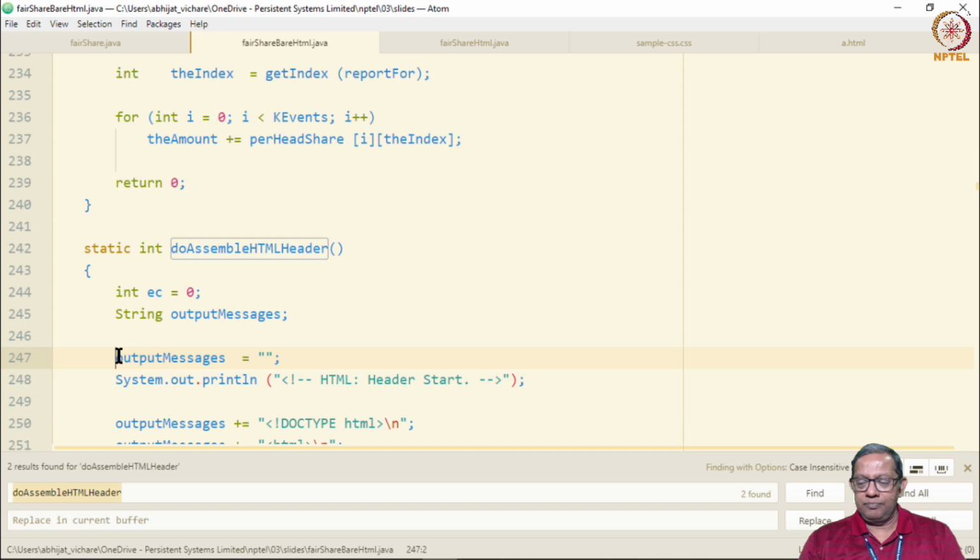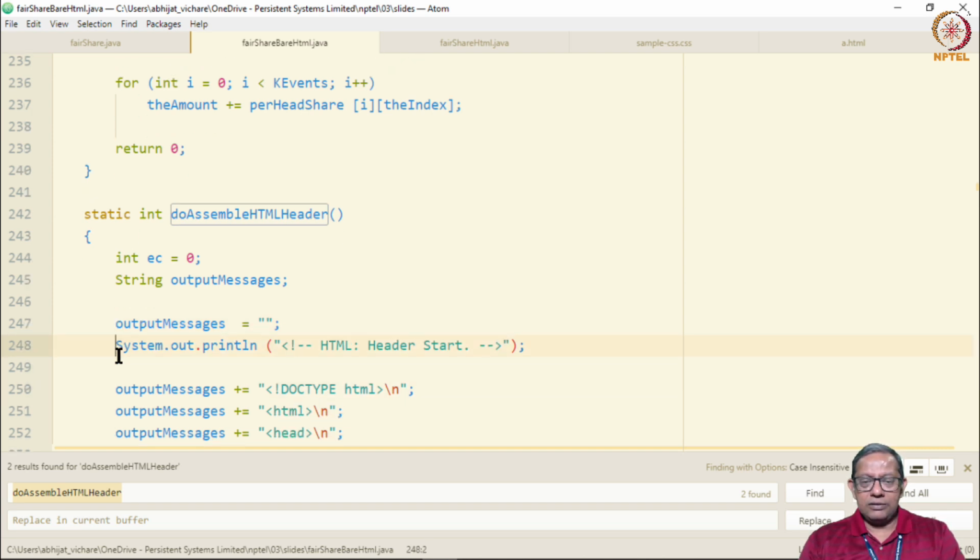So for example, we print out a comment. An HTML comment begins with a left angle bracket and an exclamation mark followed by 2 dashes, and ends with 2 dashes followed by the right angle bracket. The output messages string gradually goes on adding individual HTML elements.